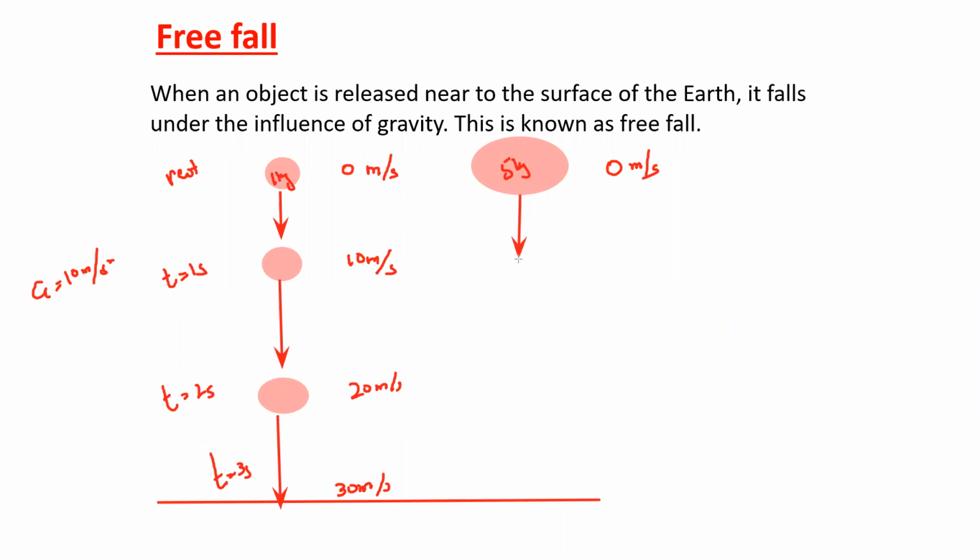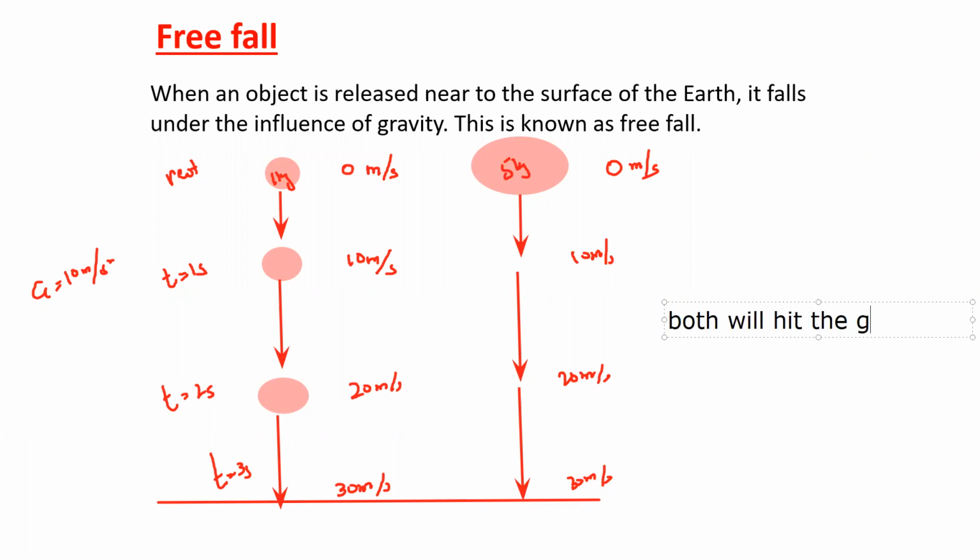So after 1 second, the speed of this 5 kilogram object will be 10. After 2 seconds, it will be 20. After 3 seconds, it will be 30. So every second, the speed will change by the same value. That's why if we drop two objects, one is lighter and one is heavier, what will happen? Both will hit the ground at the same time,